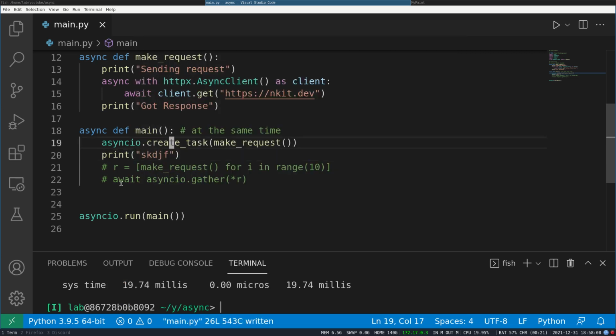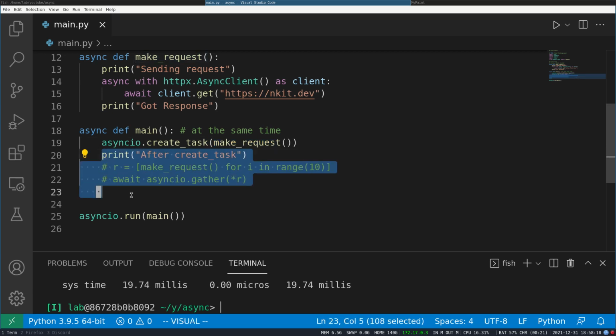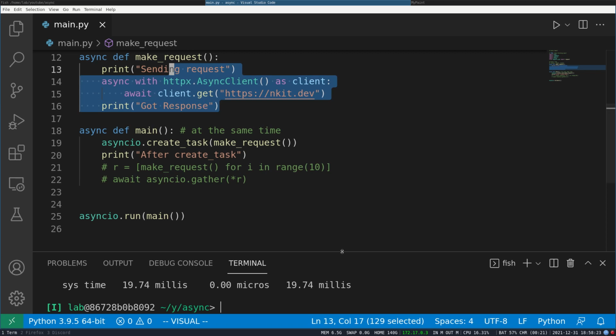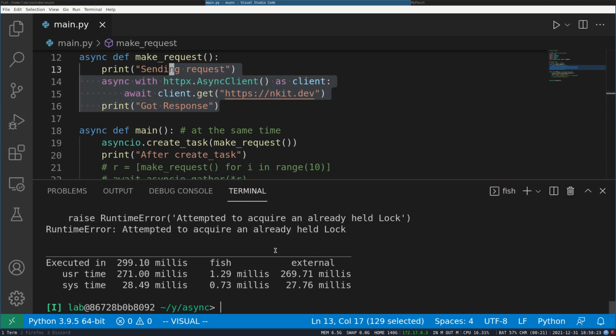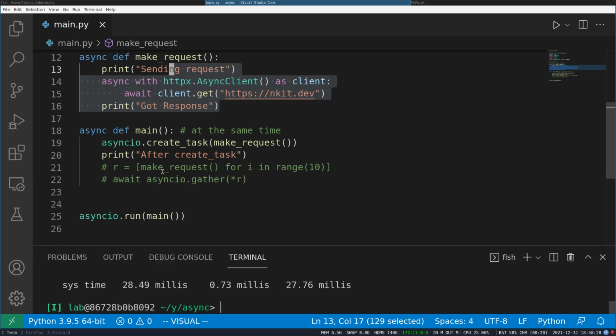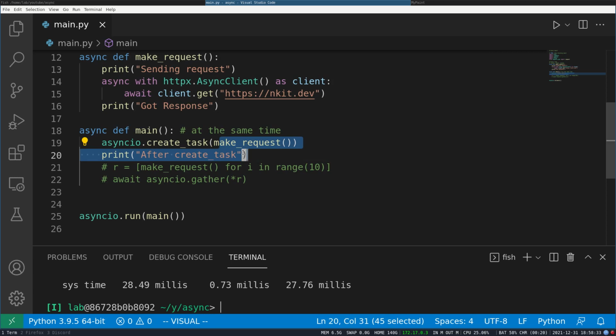I think that will be clear if I do this. If there is a create task, then we are scheduling this, but we are still executing the rest of the things. So first it will print this, then it will make the request. Oh sorry, we already quit. After the print, the function quits, but this is not yet executed.